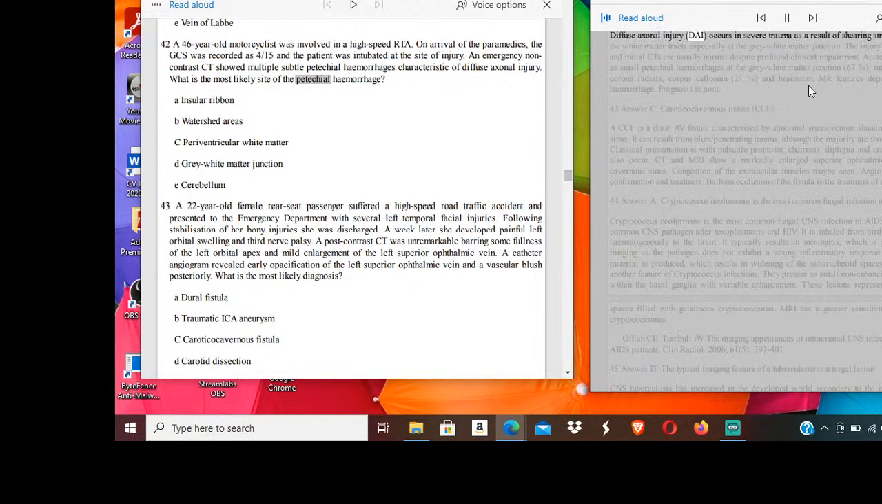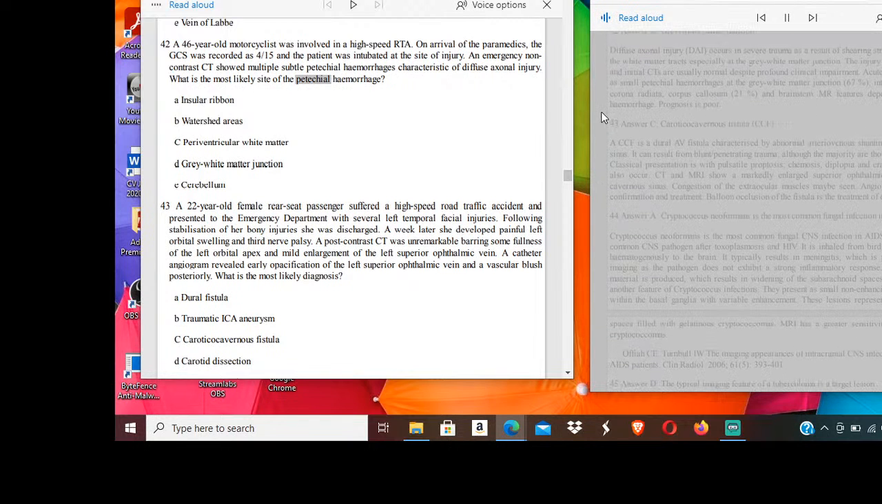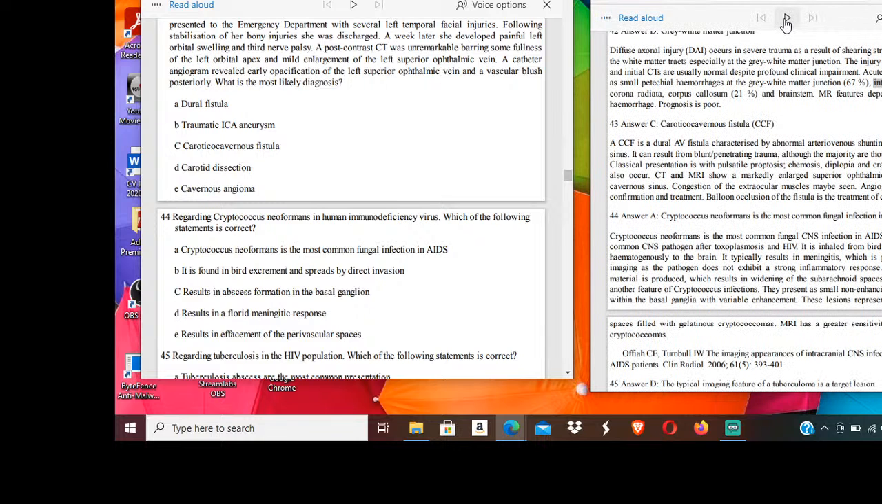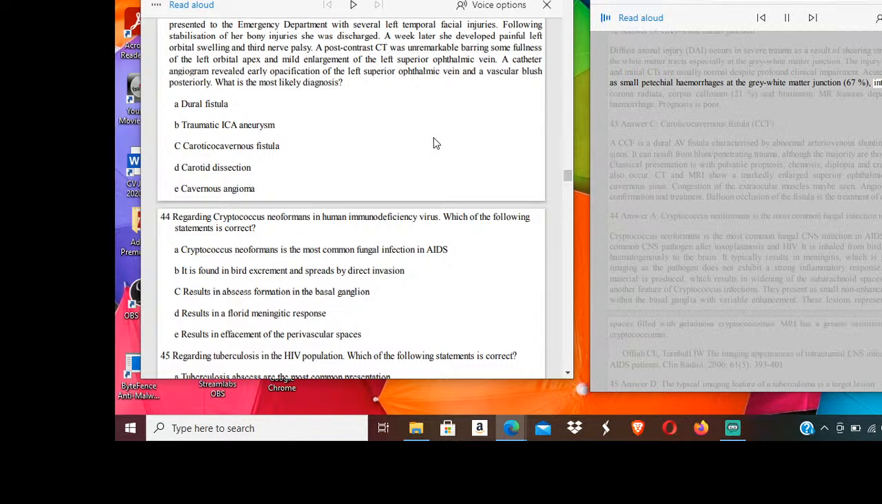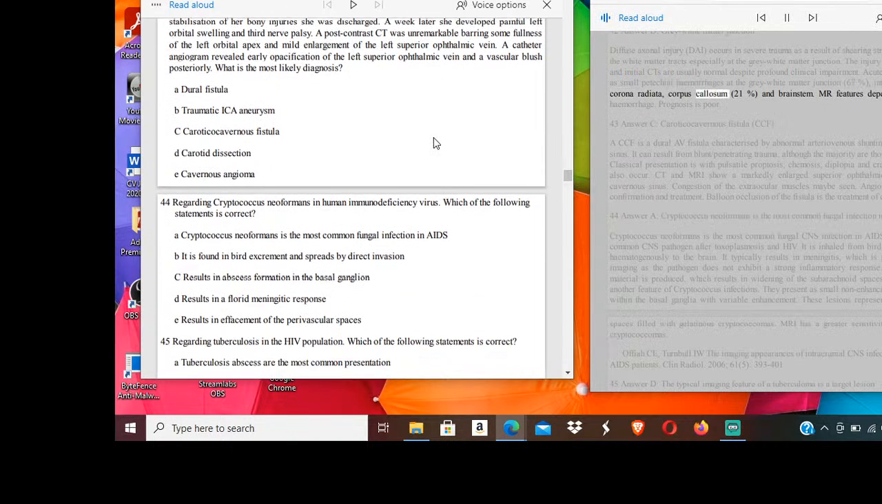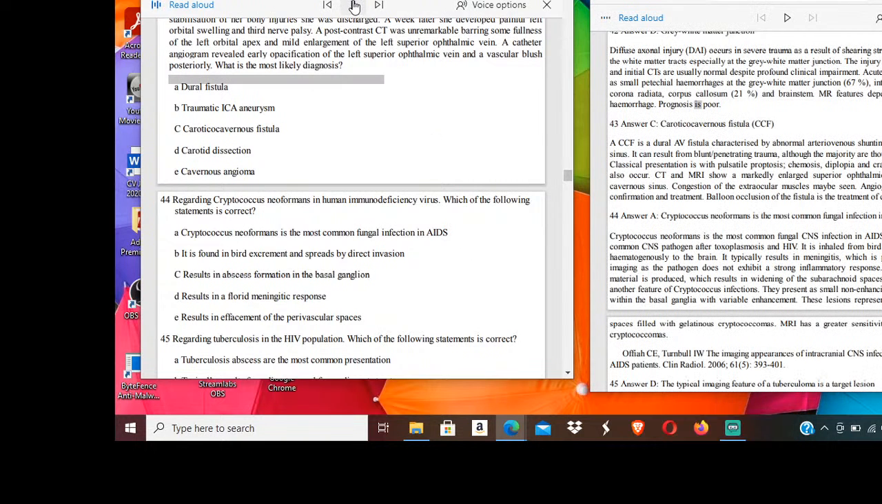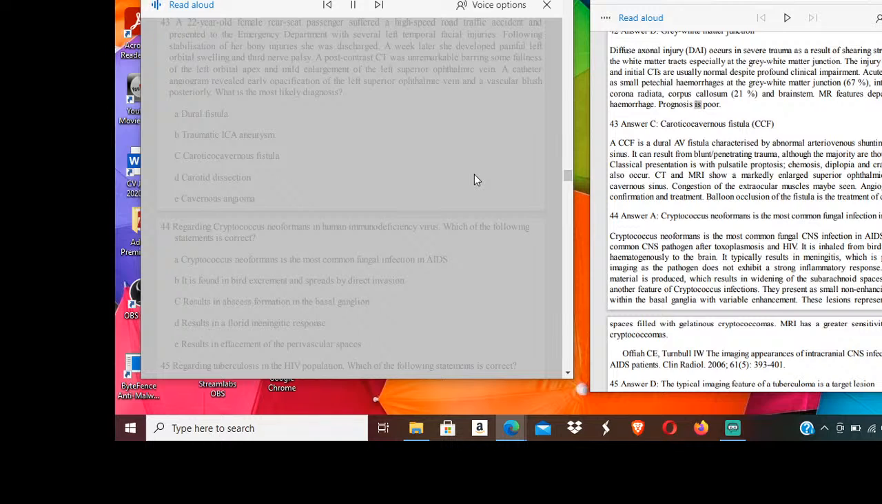Diffuse axonal injury, DAI, occurs in severe trauma as a result of shearing stress along the course of the white matter tracts, especially at the gray-white matter junction. The injury is usually microscopic and initial CTs are usually normal despite profound clinical impairment. Acute DAI may also be seen as small petechial hemorrhages at the gray-white matter junction, 67%, internal/external capsule, corona radiata, corpus callosum, 21%, and brainstem. MR features depend on the age of the hemorrhage. Prognosis is